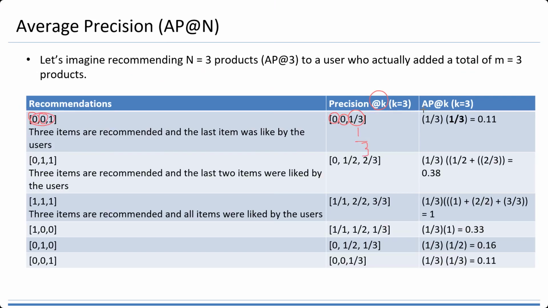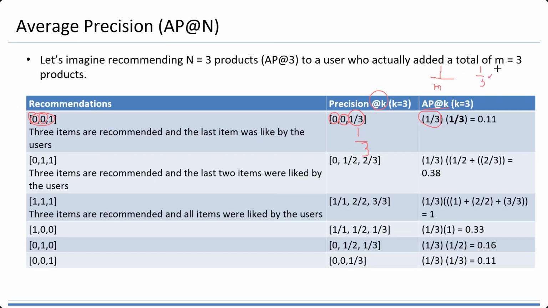Then the average precision at K means we have 1 divided by M. M, in this case, is 3 products. Then it is 1 divided by 3